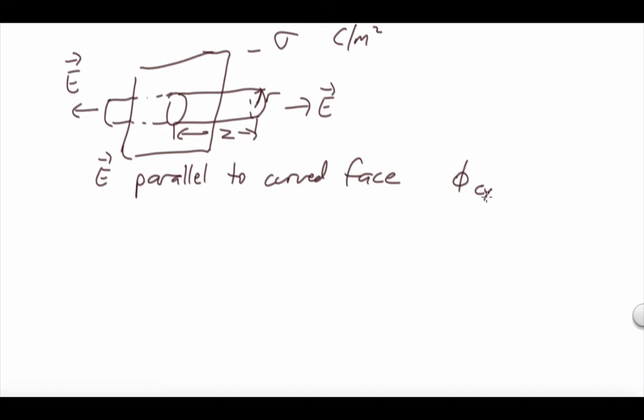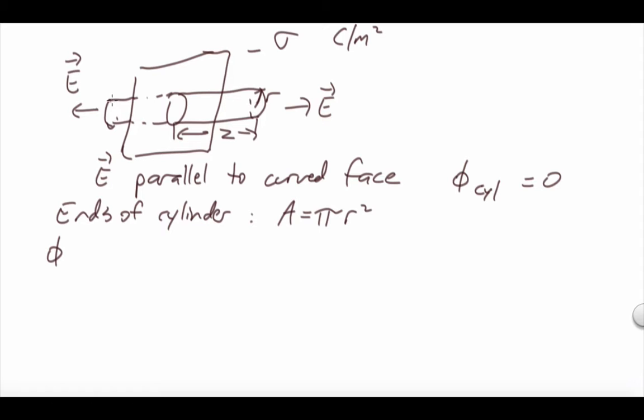So the flux for the cylindrical curved face is going to be 0. Let's look at the ends of the cylinder. They each have an area that is pi r squared. And so if we look at the left-hand end of the cylinder here, then this is the integral for the left-hand end of E times the area, and E is a constant, so we can take it out the front and we just have the integral